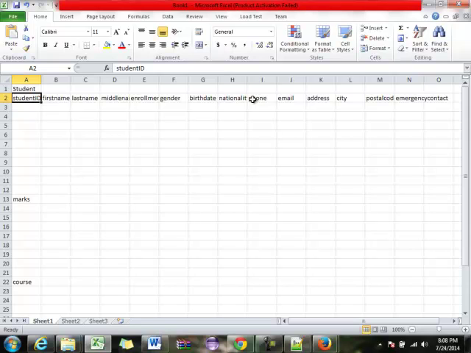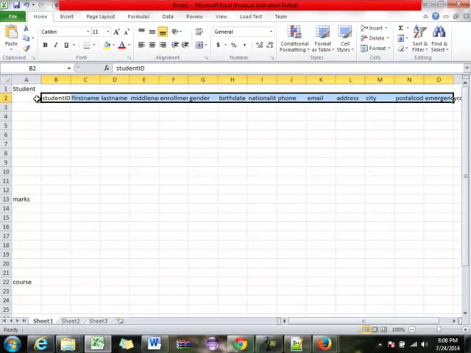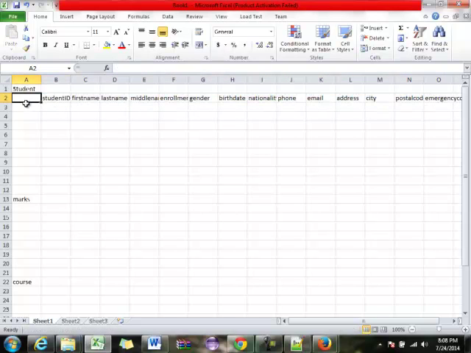We could. But usually, when I create a database, I create a special column called ID. That will be totally unique. So not even student number, because there's a slight chance that student numbers could be recycled. Maybe the system works so that when you graduate, they recycle your number. It could be. So usually for every single table, the first thing I put in is